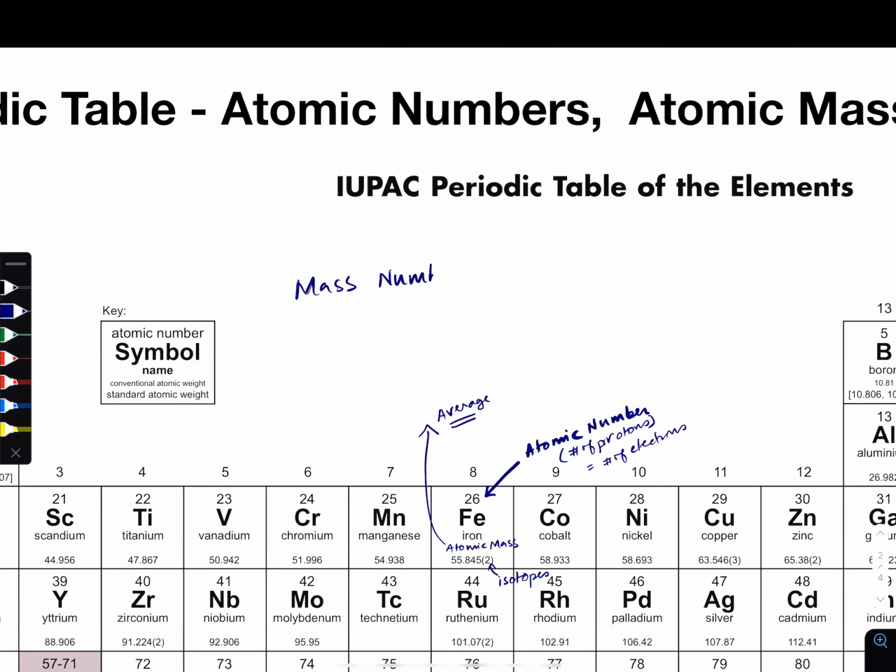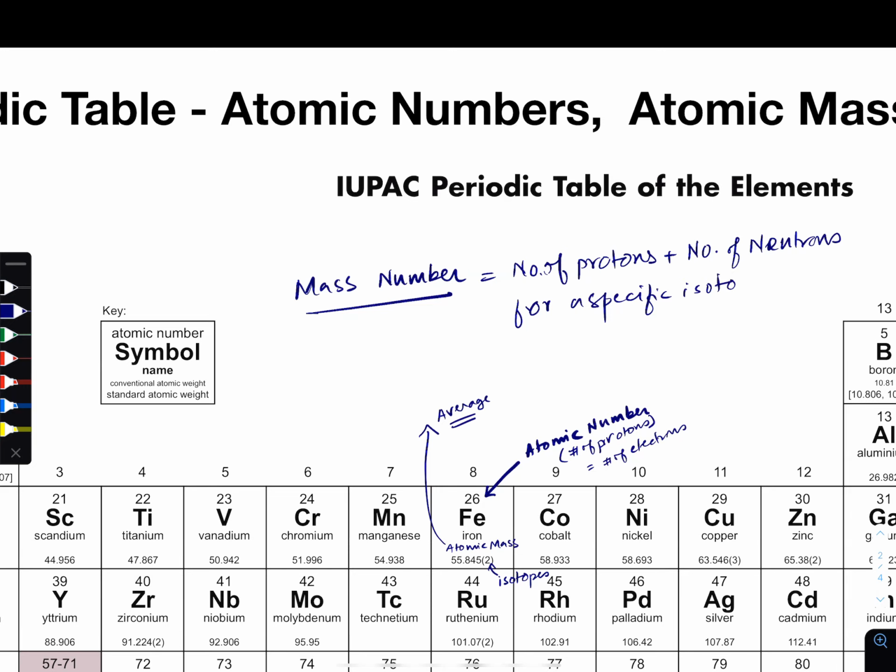Mass number is simply the number of protons plus the number of, I'm sorry, not electrons, the number of neutrons, for a specific isotope. So as you can see, it's very hard to put the mass number on a periodic table,